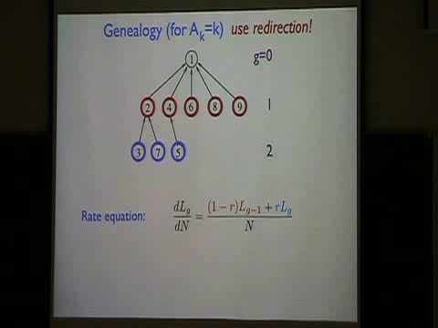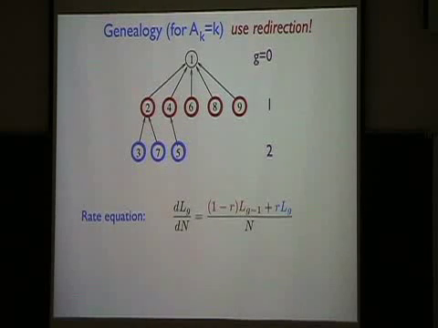Now, the last thing I want to mention about this is what happens for linear preferential attachment. If I really have linear preferential attachment, then this genealogical tree thing doesn't seem to be very easy to deal with, because the rate at which I attach to a given node depends on its degree. And this is where the redirection trick turns out to be incredibly useful, because we've seen that we can generate linear preferential attachment by redirection. So if I use redirection on the genealogical tree, we can again write down a simple rate equation for the size of the g-th generation.